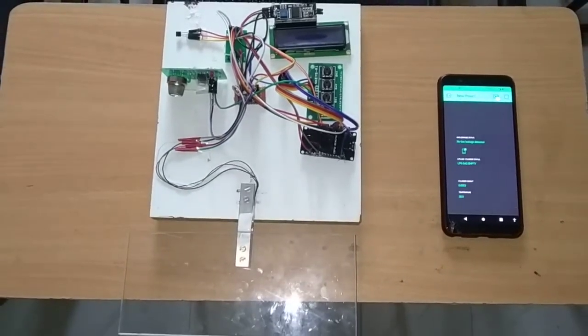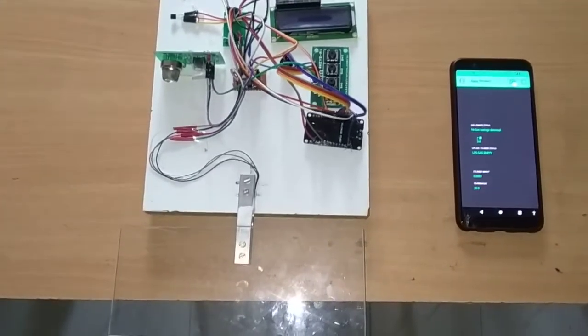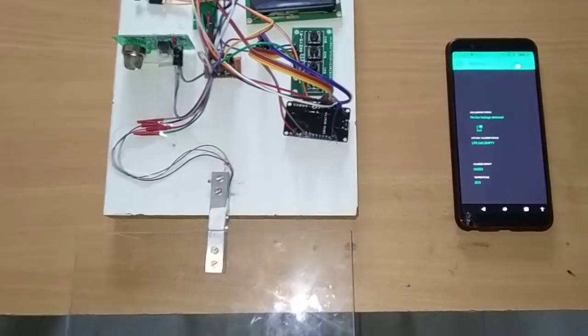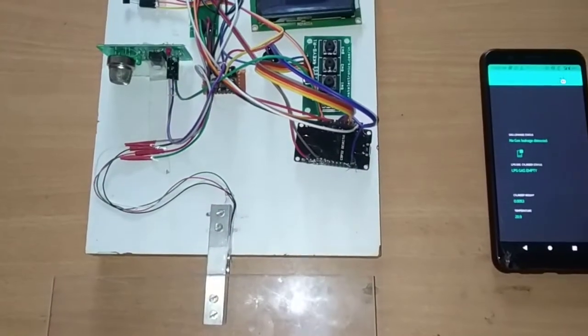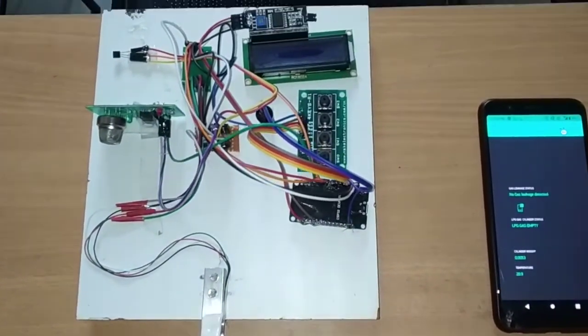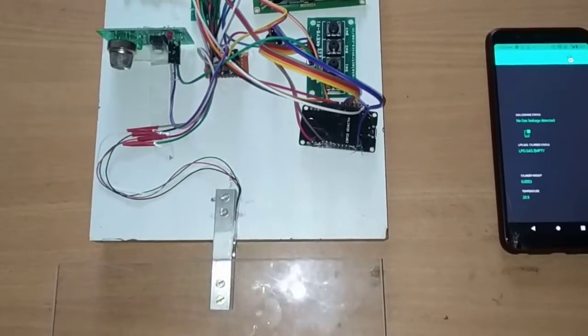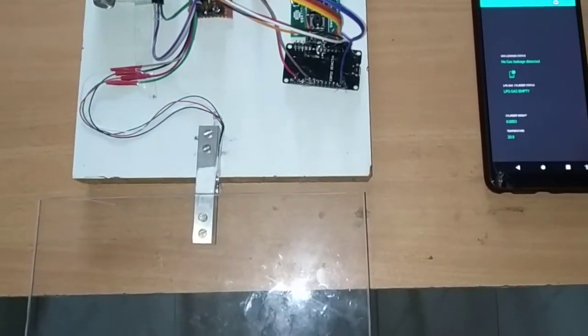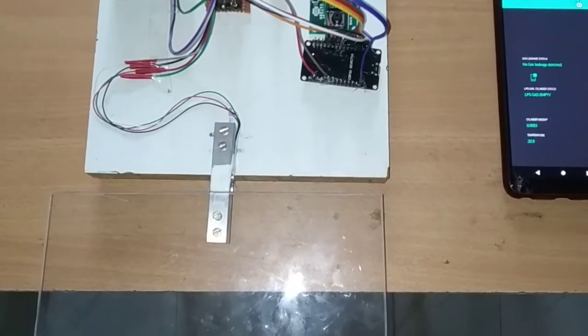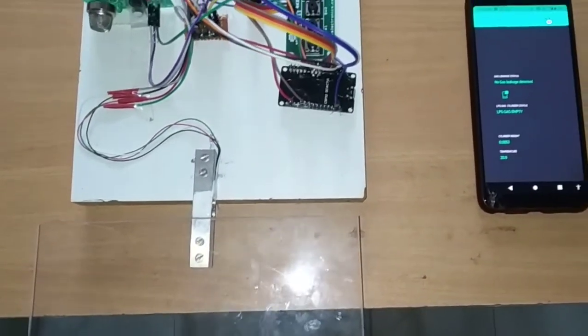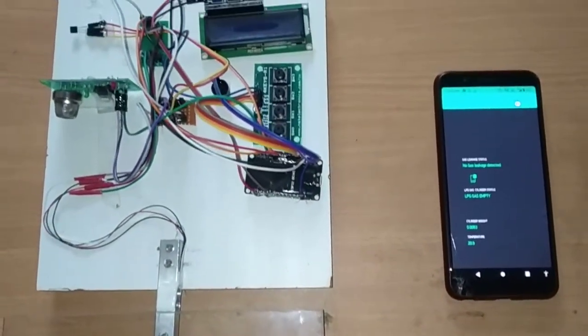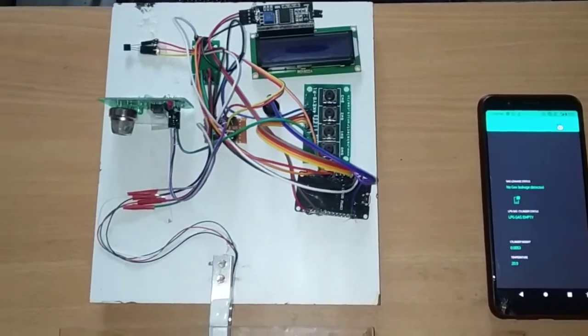Blink app, and all the status we can monitor in the Blink app. Also whether the LPG gas cylinder is full or empty, and what is the current weight, we can see on the 16x2 LCD display, as well as what is the current temperature, that we can also monitor in the Blink app here. So these are the different things we can do in this project, as well as we can book the cylinder.